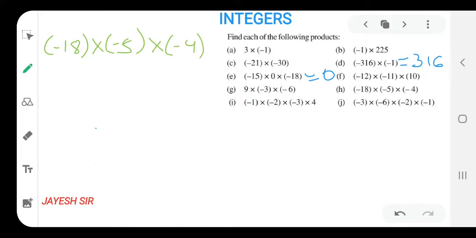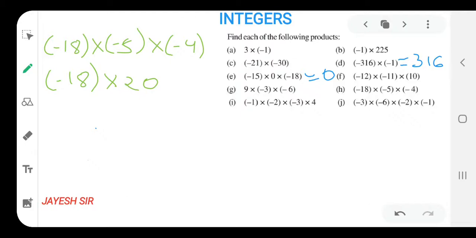Yes, now that's a different type of sum. First here minus 18 should be as it is, and let's make the number with zeros. My 5 fours give us the result 20. Why I have written 5 fours is because minus 5 into minus 4 will result in plus only. So we don't need to calculate the minus minus signs, that will result in plus. So 5 fours are 20. I am going to get the result 20.